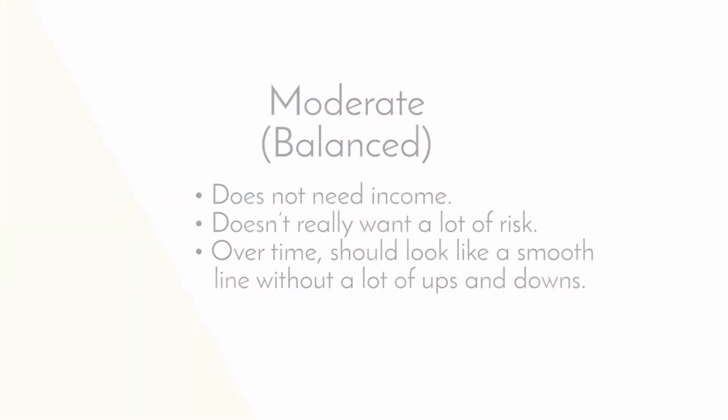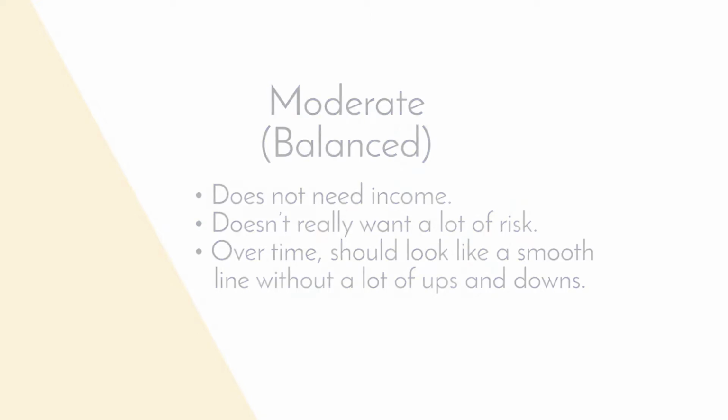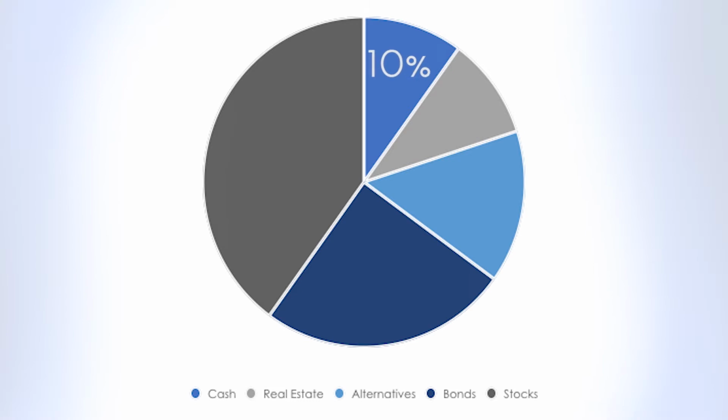Section. So now we're at the moderate or balanced investor profile. This one is probably the most clean cut and also the most flexible. So 10% in cash, 10% in real estate, 15% in alternatives. Remember, we visited alternatives in the risk-averse investor profile, so I'll cover some alternative examples for the moderate investor. 25% in bonds or fixed income, as we call it, and 40% in equities, not necessarily income-generating equities.